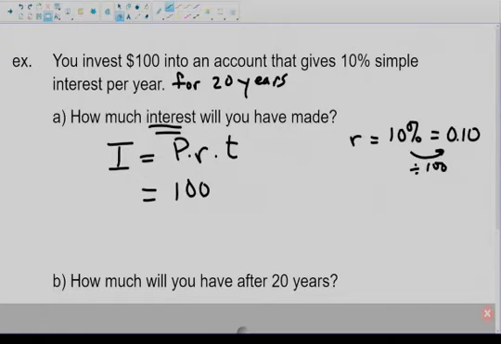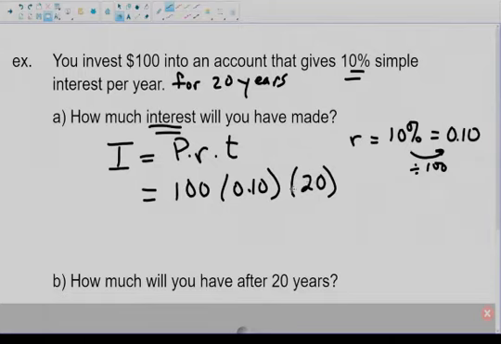Okay, so you always divide by 100 to go from a percentage to a decimal. All right, and this right here is one of the biggest mistakes I'll always see students make, so please don't be that person. Anytime you see a percentage, always write it as a decimal. Okay, so 0.10 is our rate, and our time of 20 goes here,